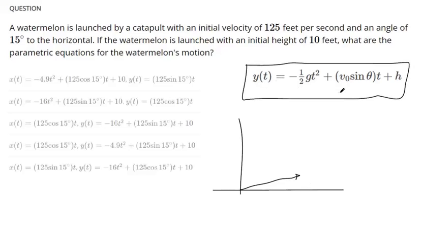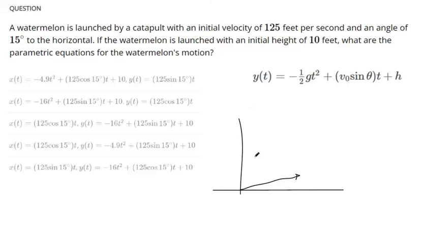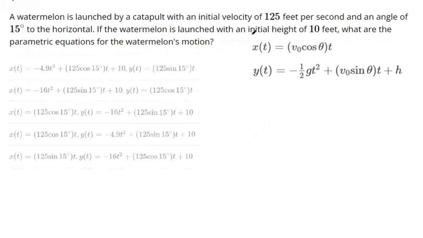Although this is pulled from Newton, I don't know if the text uses different letters or not, but basically it's a matter of plugging the information into this formula and then seeing which one it matches up. This is y of t. Oh, I forgot x of t. Hold on. Okay, so the initial velocity is 125. So for x of t, using the formula our textbook derived, you plug in 125 for v sub 0,